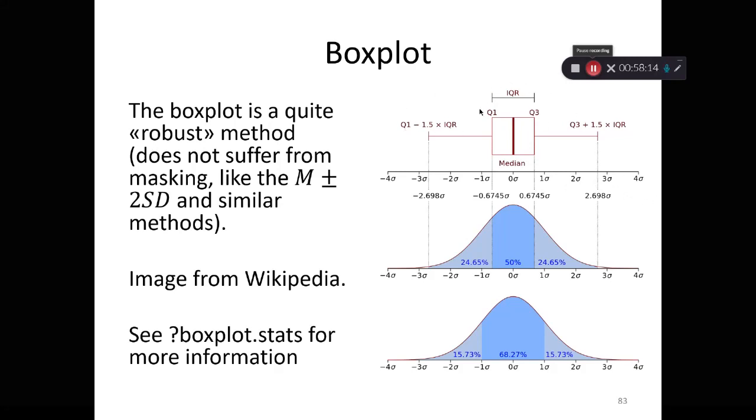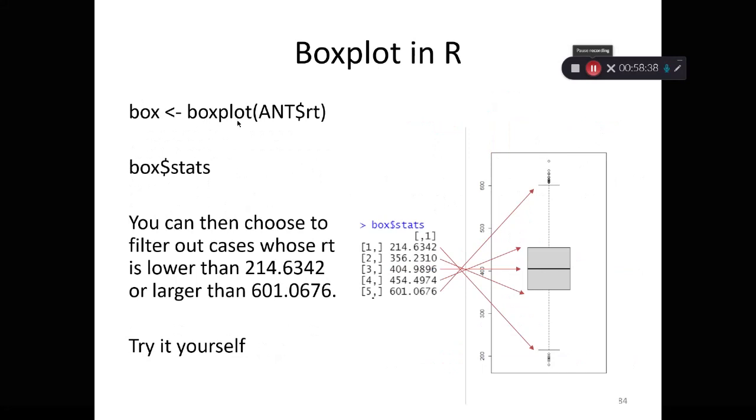Whereas the quantiles are robust to the presence of very extreme observations. So even if the greatest observation here is 10 hours, you won't get masking, you won't get other outliers like 2 minutes reaction time, for example, masked. Okay,